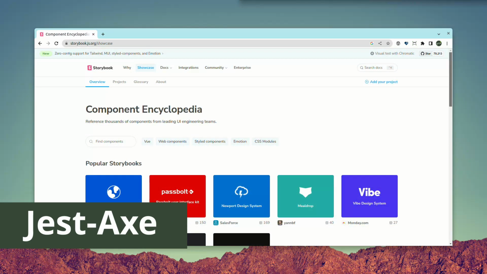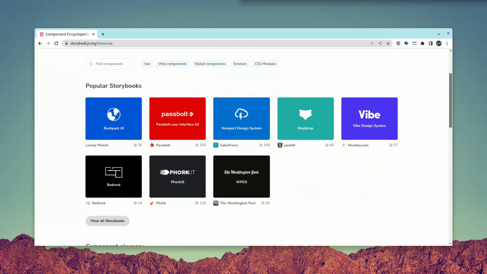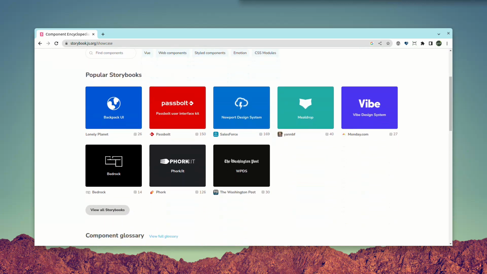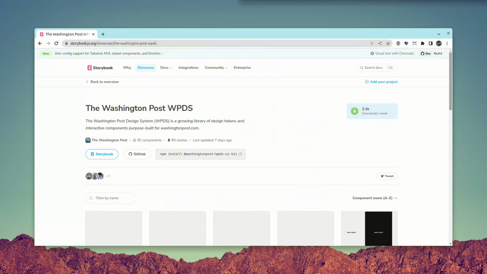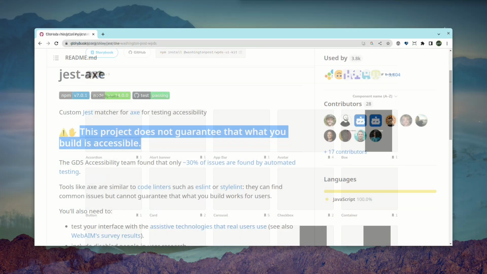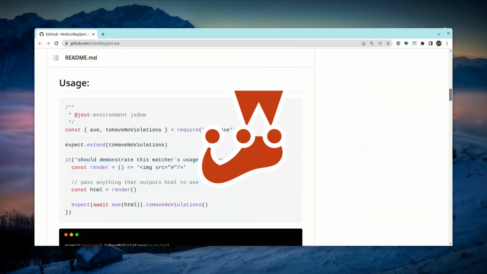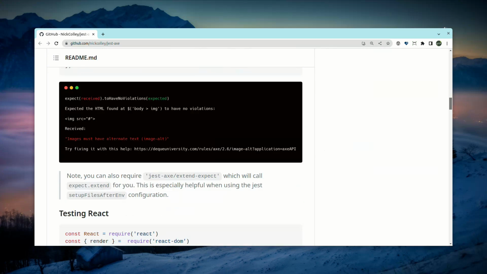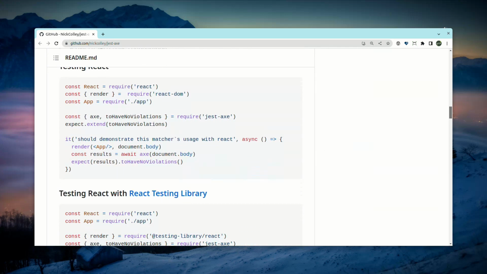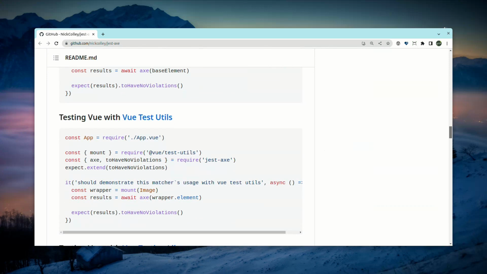So, you've spent ages making your components accessible, or rather making sure Axe Core finds no violations with what it can check. How do you make sure that devs who may not care at all about accessibility don't push changes that break your component's accessibility? One tool for this is Jest Axe. This is a free matcher for Jest that lets you run Axe Core tests against components from within your Jest unit tests. You just render your components in a test as normal and use the new matcher to check for violations. Obviously, it only checks the rendered content, so you may need multiple tests.